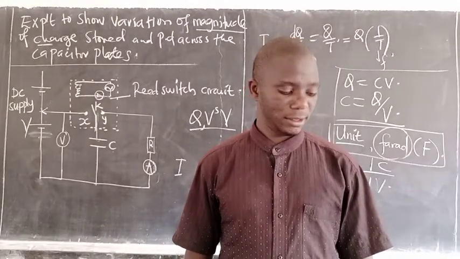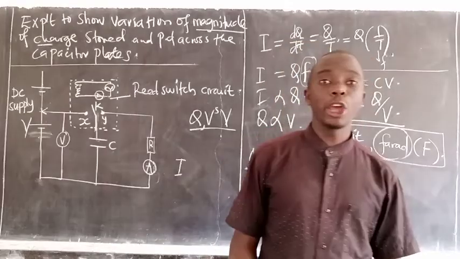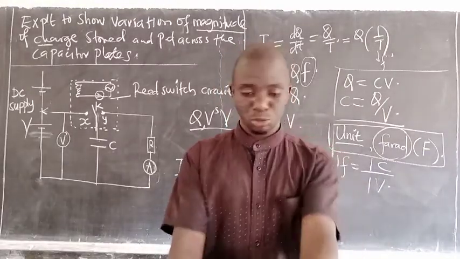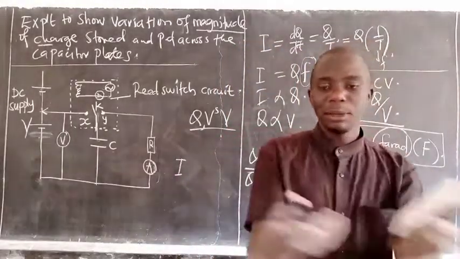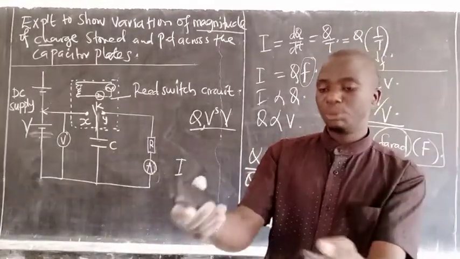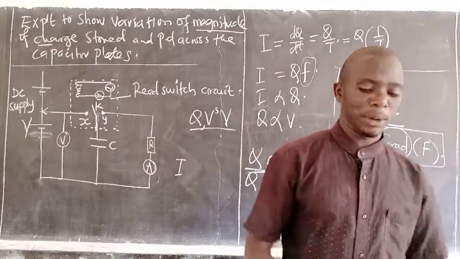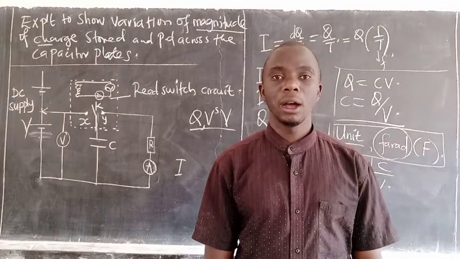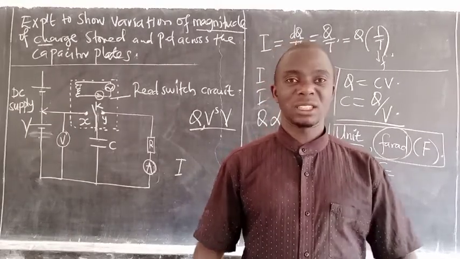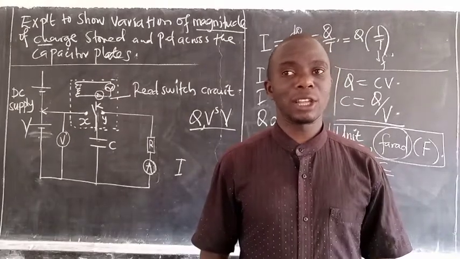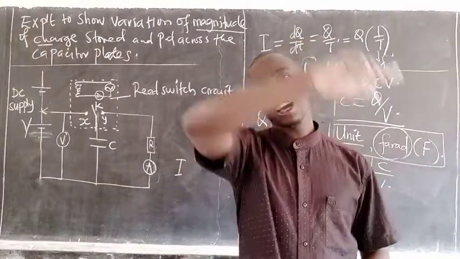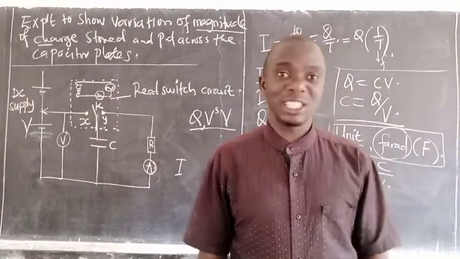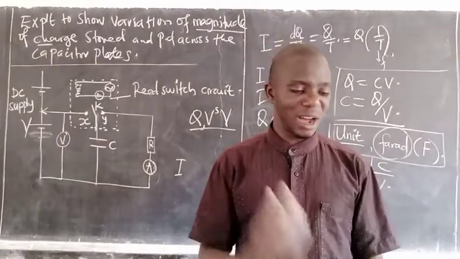We still have a lot. We are going to have an experiment to determine the capacitance of a capacitor. If I bring you 2 capacitors, how do you determine their capacitances? The 2 plates. This is the capacitor now. How do you determine the capacitance of such a capacitor? We are going to look at that in the subsequent lessons. We are going to look at the different kinds of capacitors. Some are horizontal, some are circular, some are spherical, etc. We are going to look at them and which one is better. And we shall continue looking at the different things,